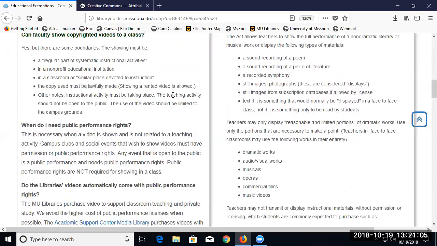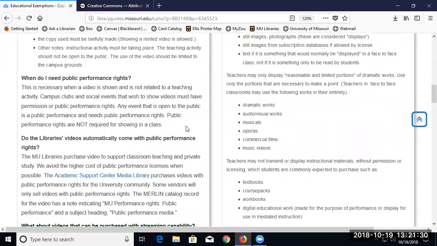It's the people enrolled in the class. They're physically located there. It's not a film they're going to take with them. They're going to see it in that class, and then they're not taking it away with them. It does need to be something that's part of instruction. So you can't just show a movie for fun because you're not feeling well that day as an instructor. It needs to be integrated into the class content and be part of that mediated instruction. So you've got that instructional purpose there.